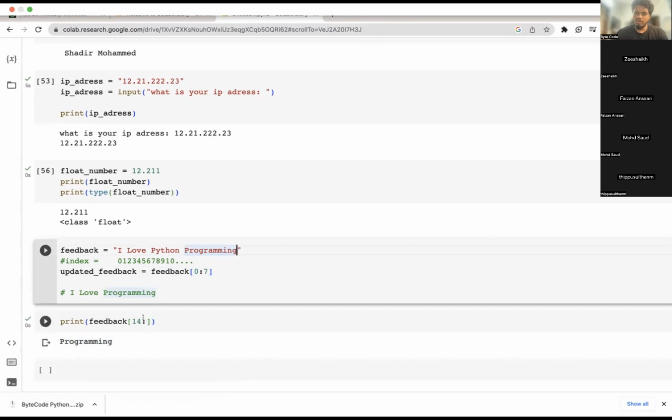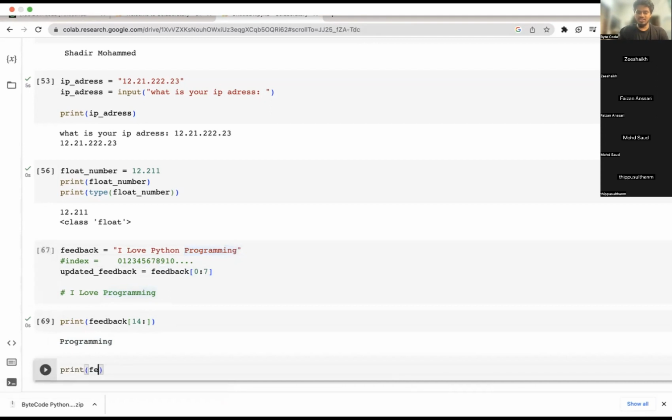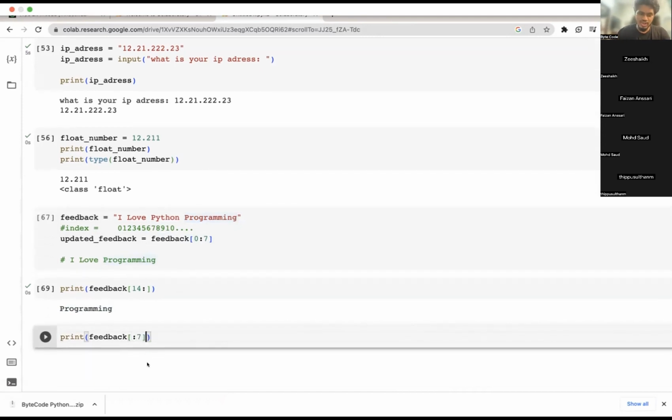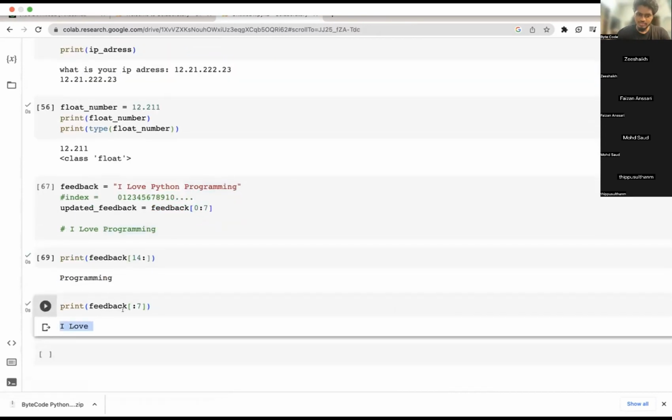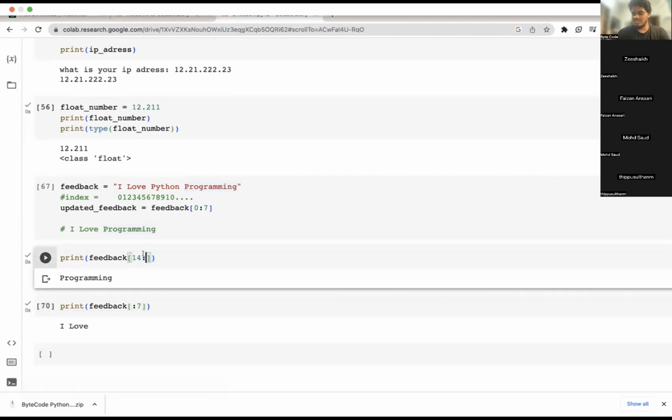You don't need to specify. Even here, if you don't specify 0 and just say I need to go until 7, it will still give you "I love", because 0 is the default, and whatever the last index is, it will take as the default.